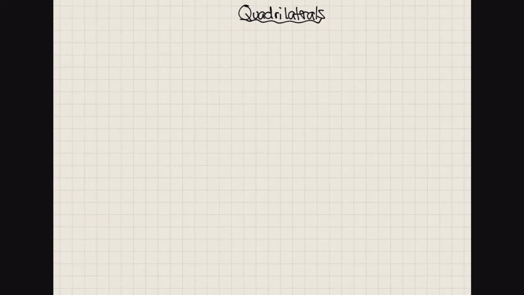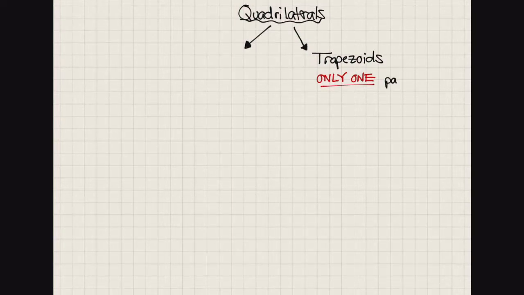First of all, and you can see this in your book, quadrilaterals, the main term, is broken down into 2 types. Trapezoids on the right. Trapezoids have only one pair of parallel lines. So if you come across a quadrilateral that has only one pair of parallel lines, it's a trapezoid. However, if you come across something that has 2 sets of parallel lines,